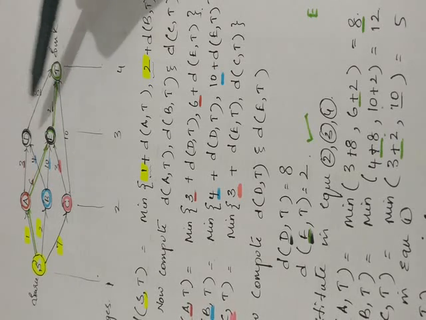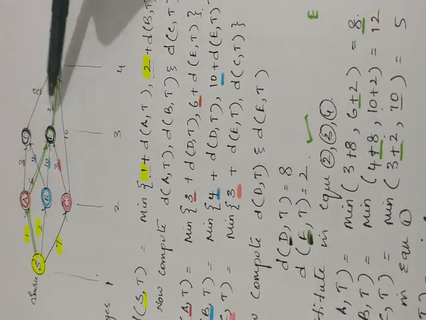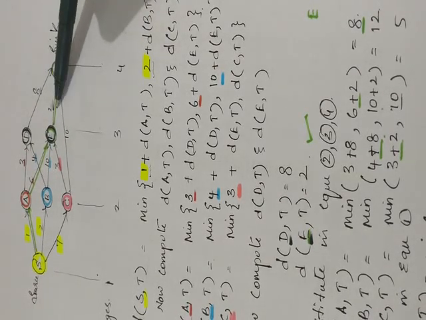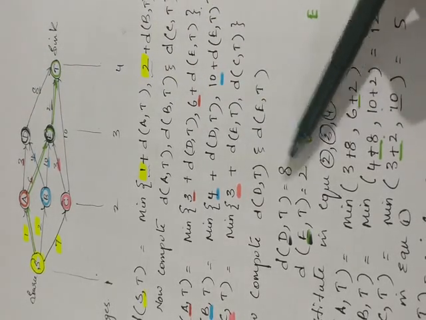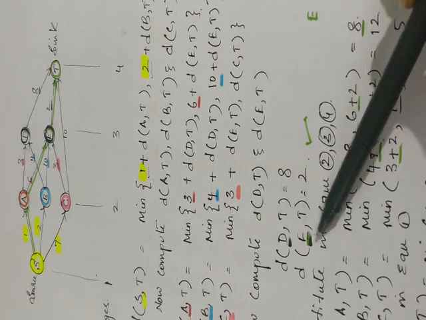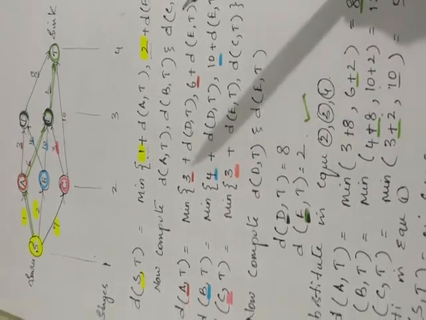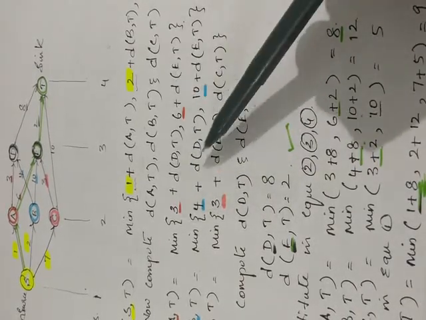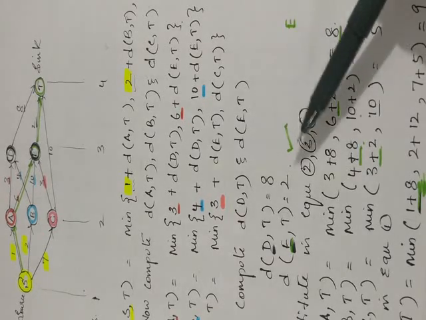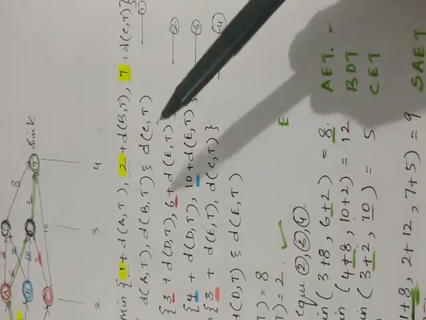Earlier there was a path. This is a direct edge. So here it is 8, here it is 2. So directly I have written. Compute means I got the values, I have written it. D to T it is 8, E to T it is 2. I have written it. Now what I should do? Since I know the values of D, T and E, T, let me substitute in these equations 2, 3 and 4. These equations 2, 3 and 4, let me substitute.